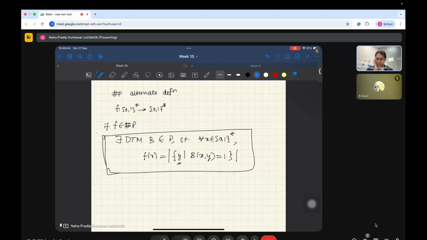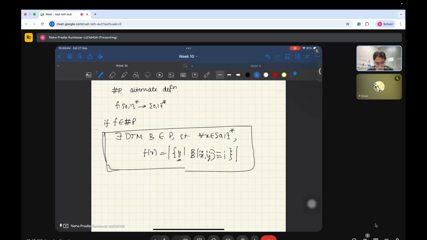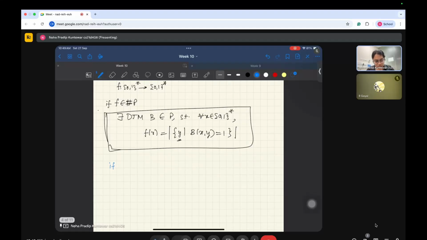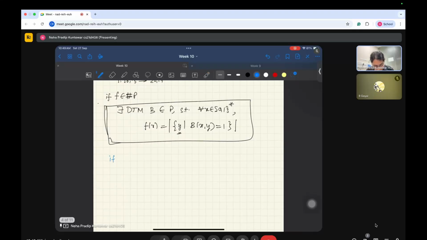If I come up with a good example, that would be nice. Okay, I'll think of it just a second. Let me write the two definitions side by side. This is also with respect to the deterministic machine. So if F is in FNP, there exists a non-deterministic Turing machine N